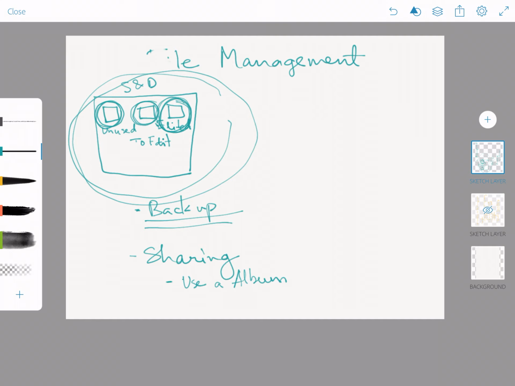So that is a basic overview of file management. It's a crash course that I wanted to go over with you as you're wrapping up this semester. So as you continue to practice photography, whether that be as a hobby or potentially as a future career,